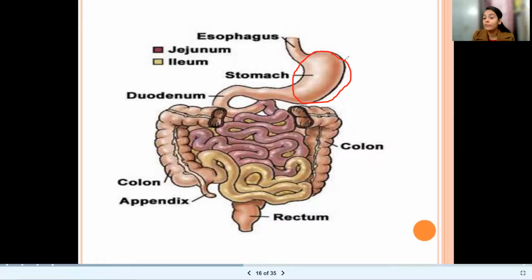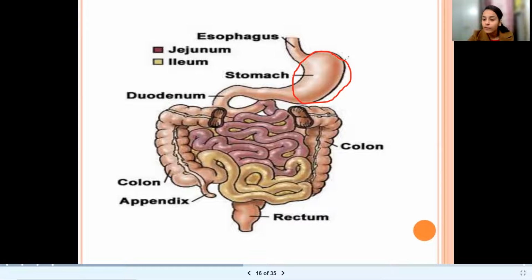But some powerful enzymes along with the acid, that is HCl, are present in the stomach. Now, just think, hydrochloric acid is a concentrated acid, right? So why is it not burning the inner lining of the stomach? Yeah, exactly. It doesn't burn because mucus is present along the inner lining of the stomach, so it protects the lining from the hydrochloric acid, right?